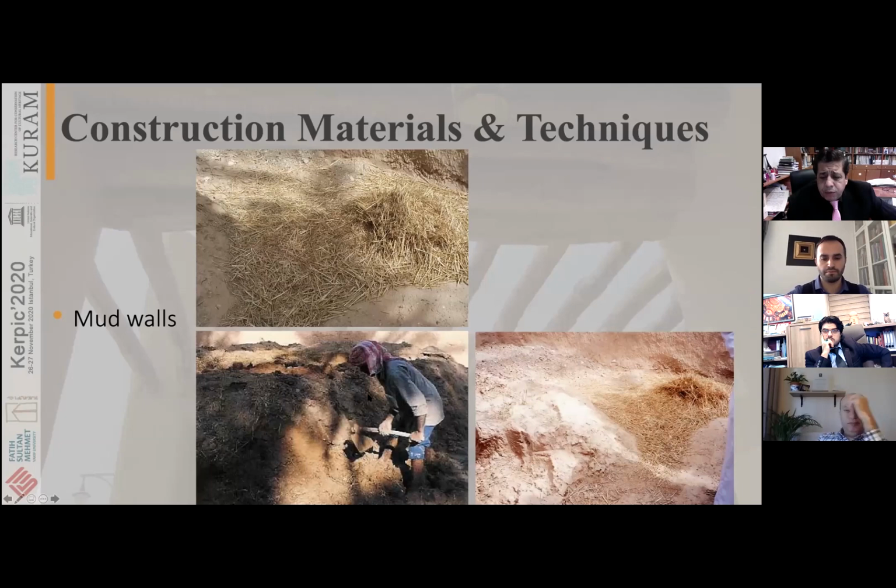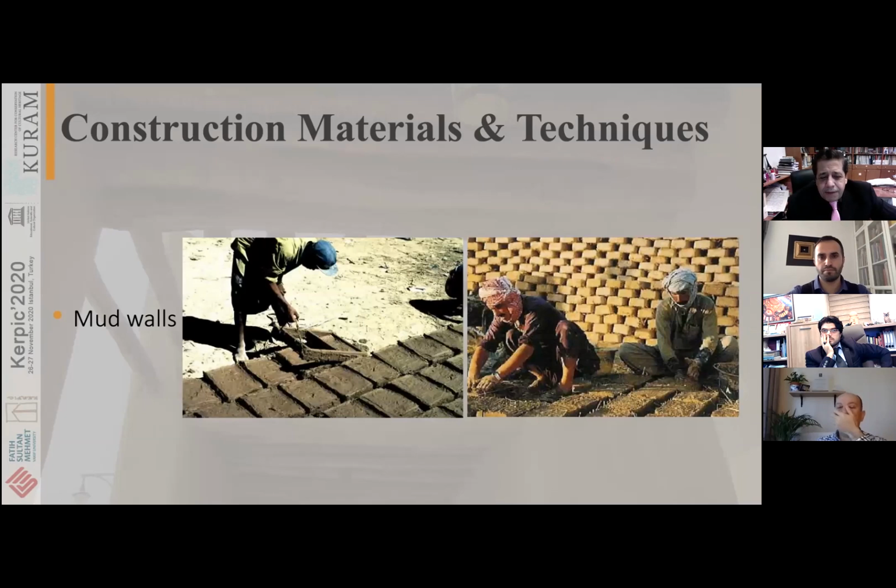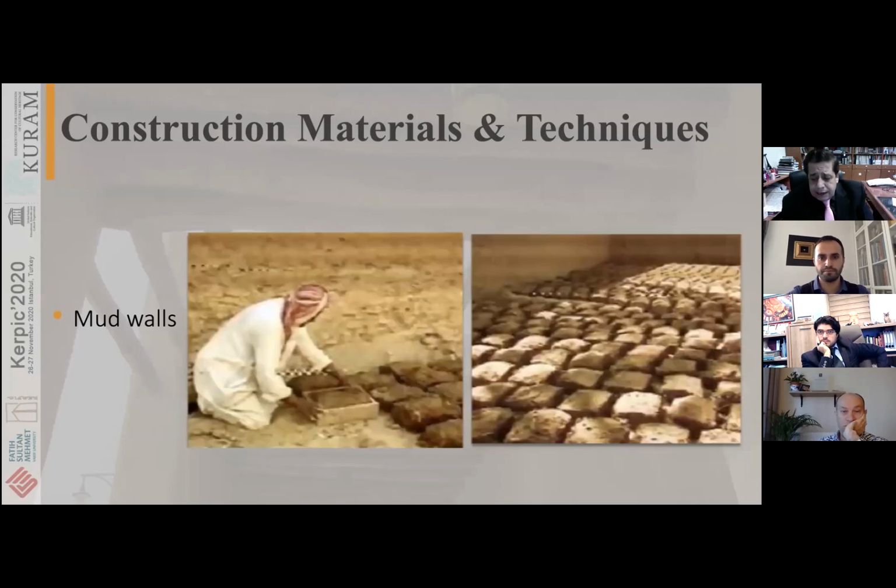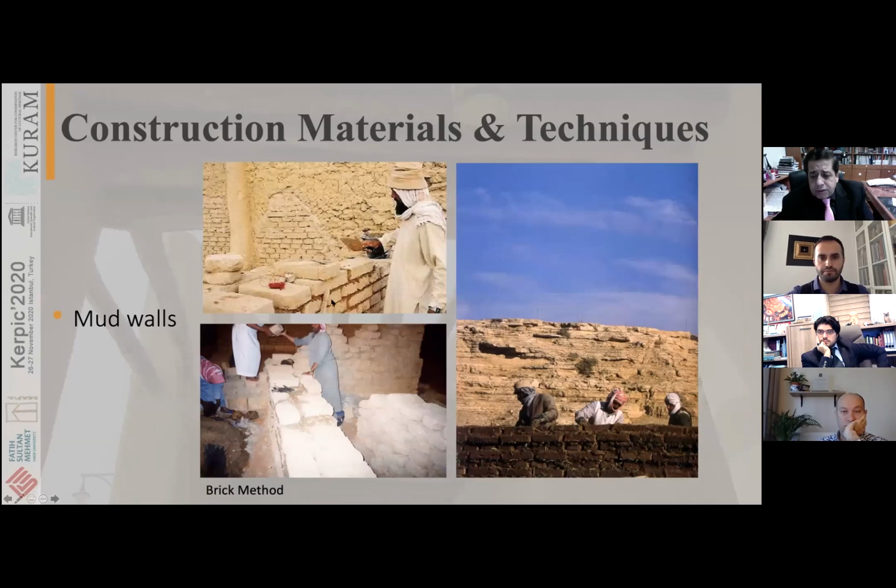Then we have the mud wall, which is a mixture of sand, water, and hay, exactly like the mixture that our colleague and friend Mirdad Hijazi, and I say hello to him, presented this morning. Mud walls come in 2 types of techniques. The first is mud brick making. The molds are used to form the bricks and leave them under the sun for like 3 or 5 days to dry out. And then it's used in the construction of the walls this way.